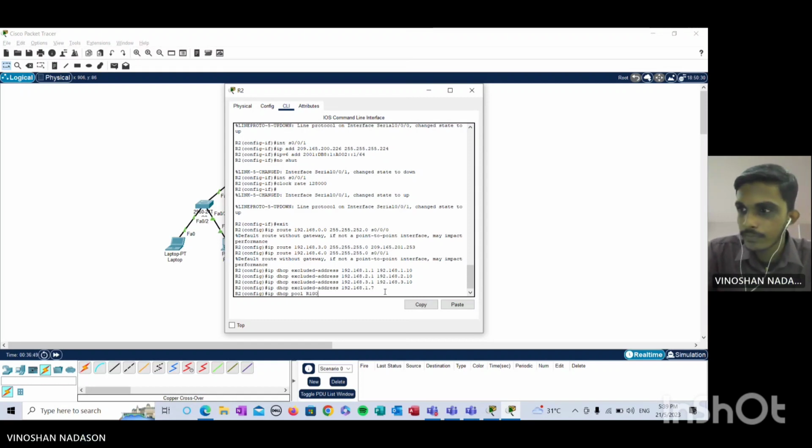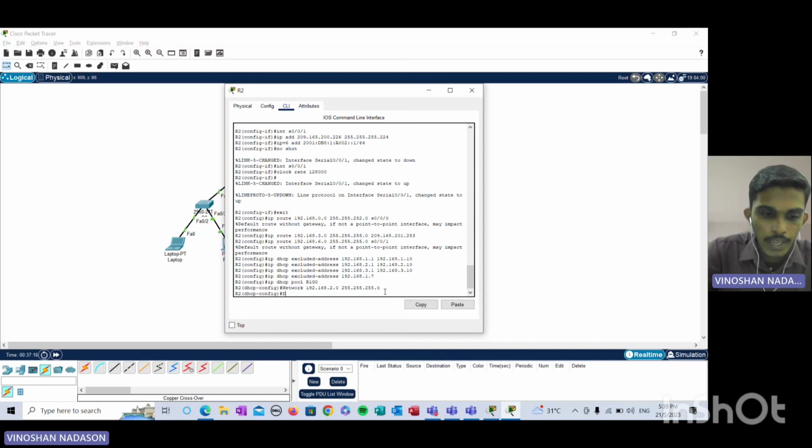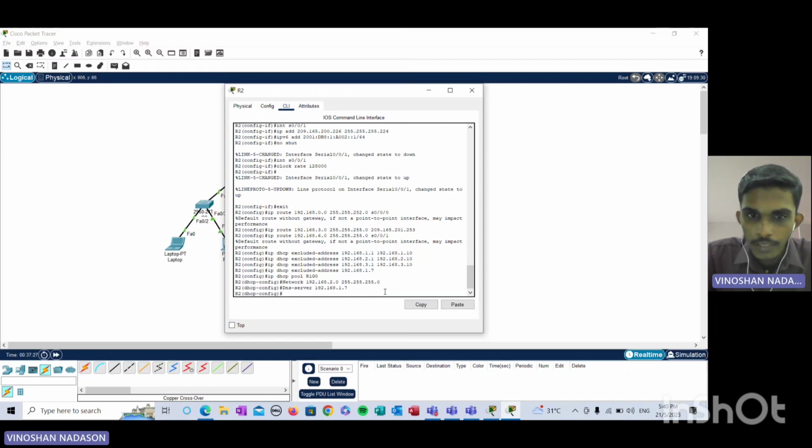R1G0, and then network 192.168.2.0 and the subnet mask 255.255.255.0. Okay. And then next, DNS server 192.168.1.7 and then next